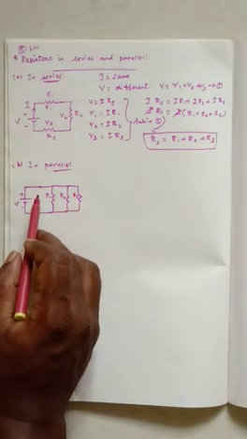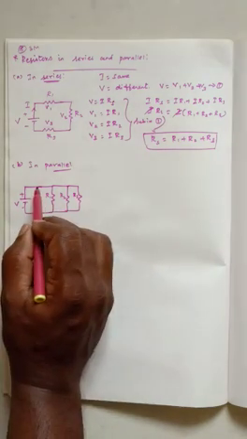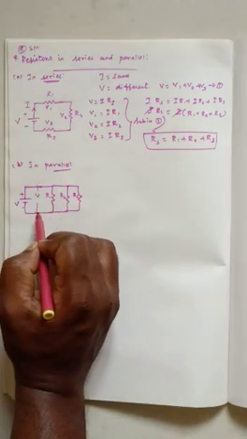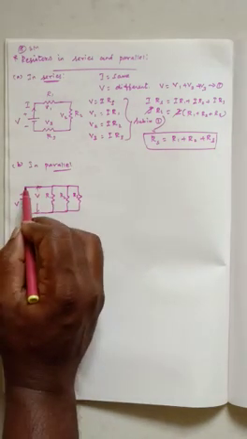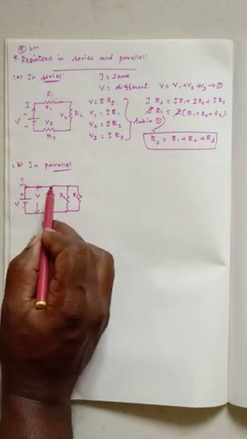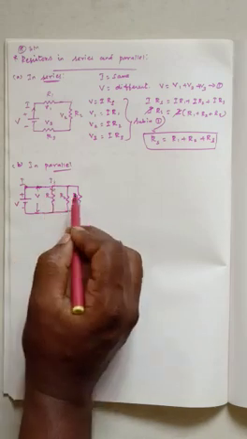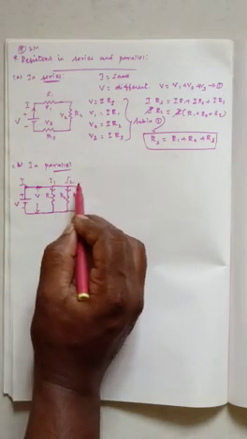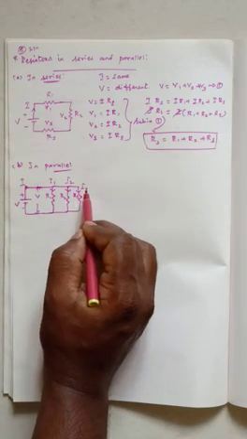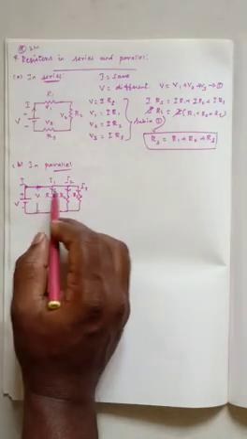So we have the 2 points here. The potential difference across all the resistors is common, so we write the common as V. So V is common here. But the current is I here, up to this point it is I only. After crossing this point, it has I1 for R1, I2 for R2, I3 for R3. So in this parallel connection, V is the same for all the resistors, but I is different.